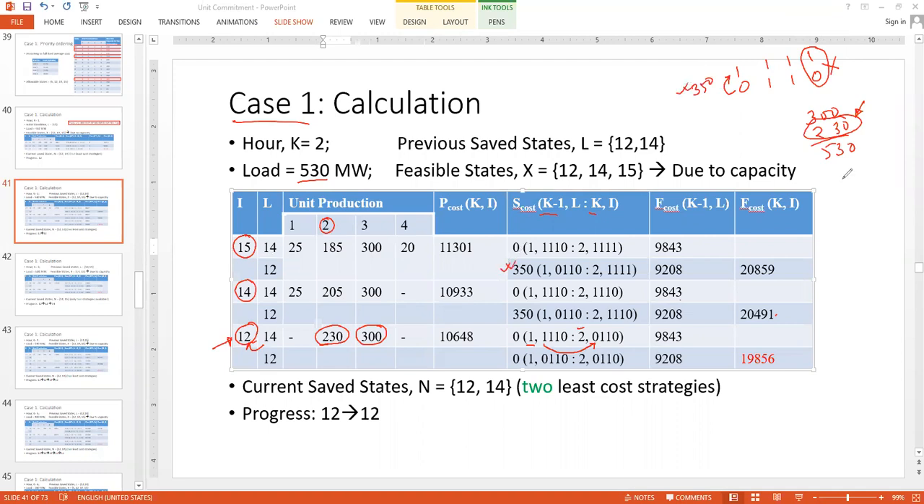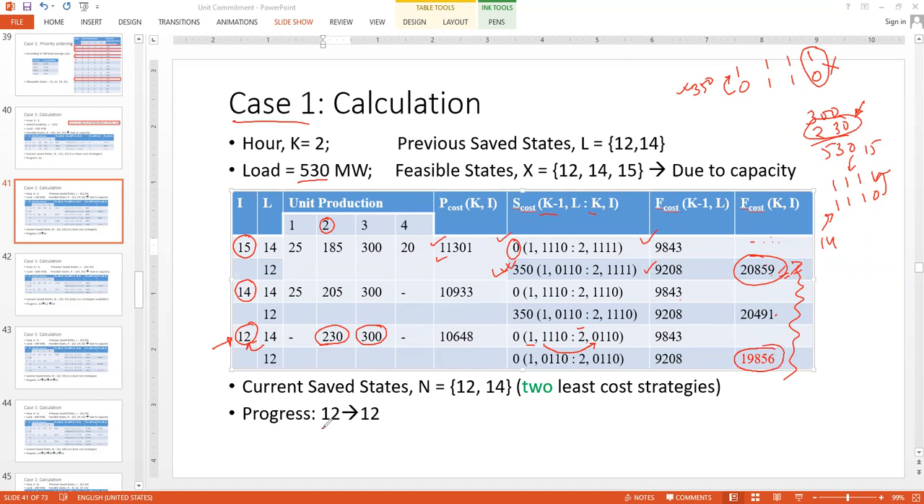From 14 to 15, what is 14 to 15? Let's write it. 14 to 15, this is 14 and this is 15. We have to turn on unit number 4, but there is no startup cost, so 0 startup cost is there. Again, you add this one and this one, you get some value. Compare these two. After comparison, it is found that this one is lower, so we store it. Then we have found all the combination costs,